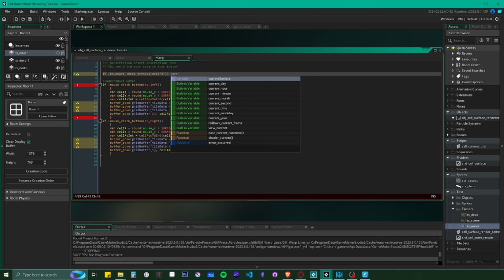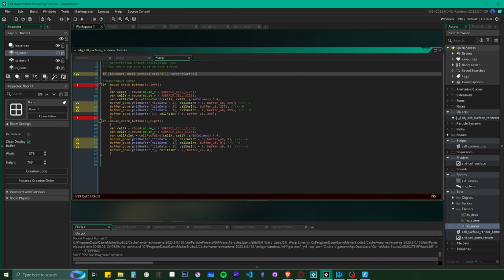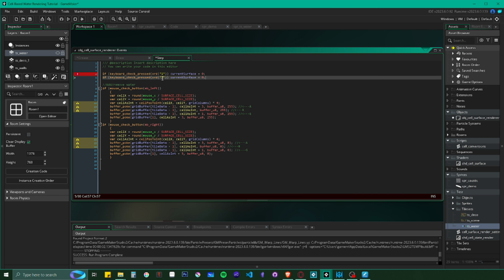Then we're going to set current surface equals 0, which I know is a little confusing, but it's more convenient on my keyboard for that. So that's what we're doing. And then 2 is going to be 1, just so I can change the different surfaces and you can see them being